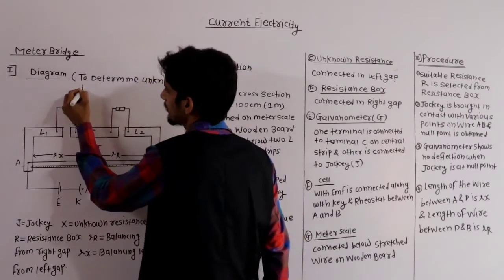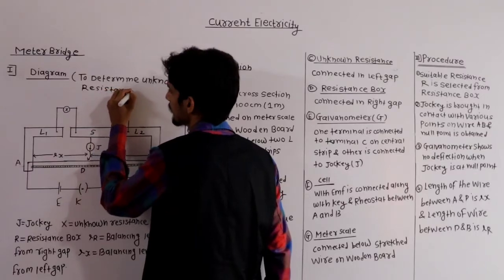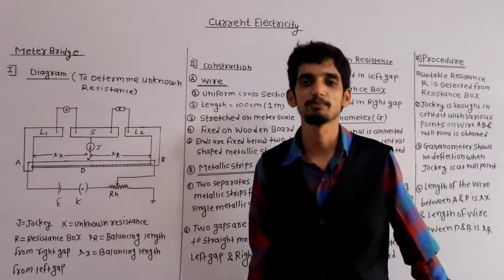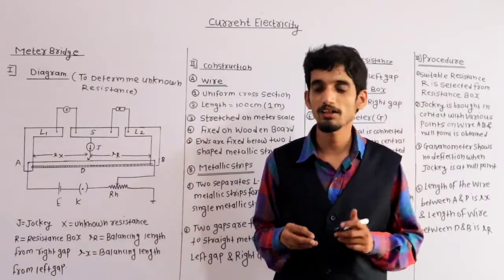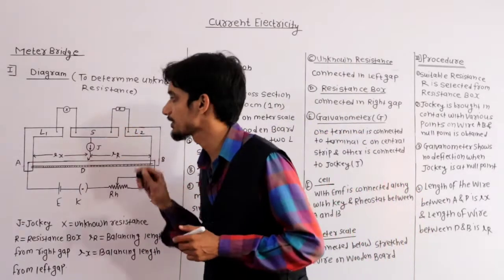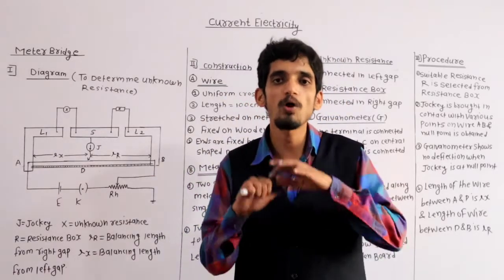Okay, to determine unknown resistance. This is the aim of this experiment, that is the meter bridge experiment. Clear? Now this is the construction, or the circuit diagram of the experimental setup, in which what